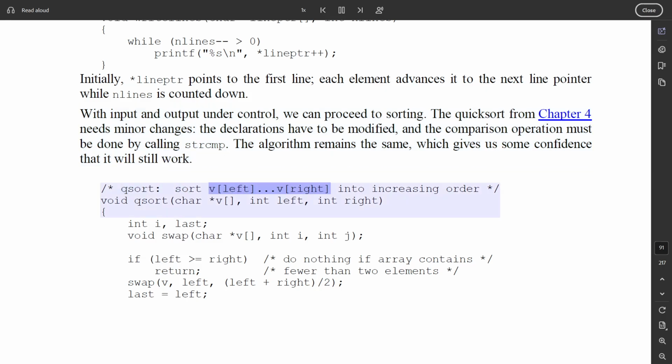/* qsort: sort v[left]...v[right] into increasing order */ void qsort(char *v[], int left, int right) { int i, last; void swap(char *v[], int i, int j); if (left >= right) /* do nothing if array contains fewer than 2 elements */ return; swap(v, left, (left + right)/2); last = left;